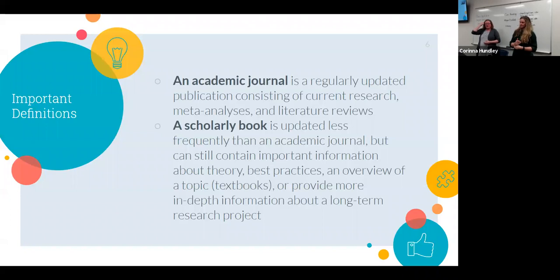Going off of that, scholarly peer-reviewed articles are typically published in an academic journal. These are regularly updated publications consisting of current research, meta-analyses, and literature reviews. When you're doing any kind of academic research, while books are fantastic resources with a wealth of information, we typically recommend you go to an academic journal,